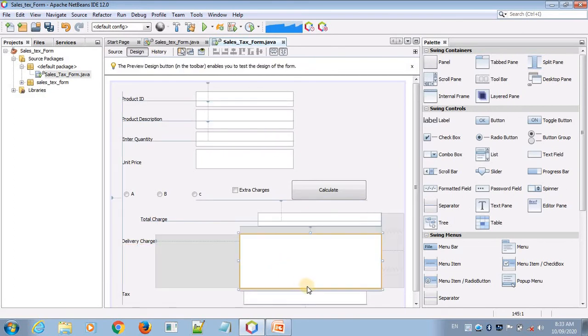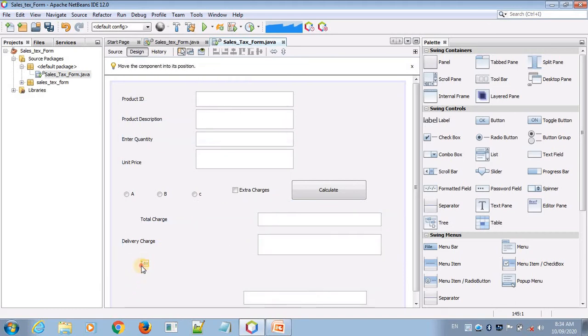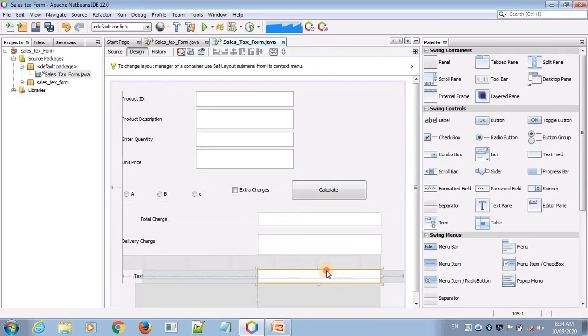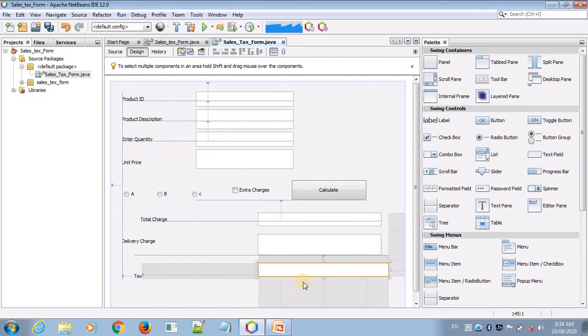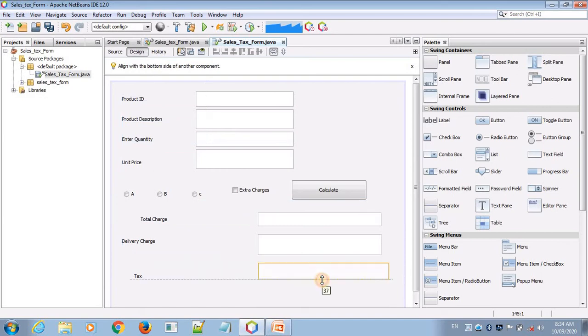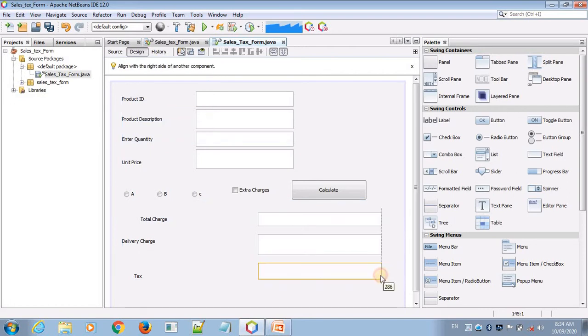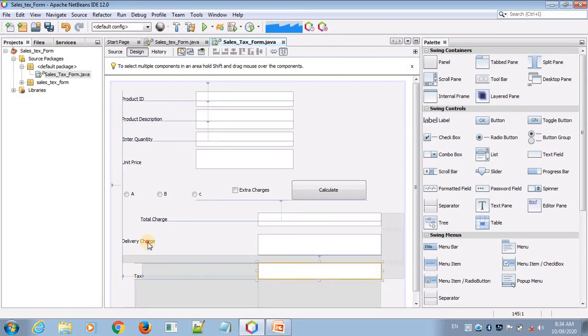Okay, this is our tax. So you can decorate the form as you want, as you like. So I have decorated like this.